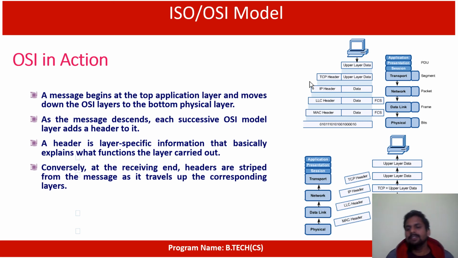Once it reaches the data link layer, that MAC header will be removed from the packet. After that, it will add the logical link control header, so it will find the logical address of the target or source machines. Based on that, the network layer will identify the IP. At the network level they give the IP address, so the system will understand this is the target machine, and we need to pass the data to that particular machine.